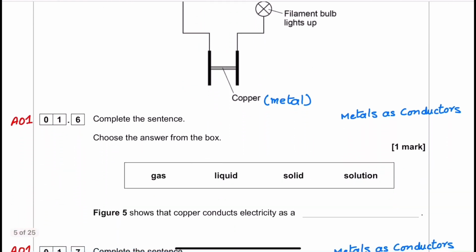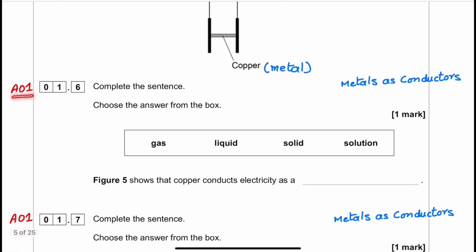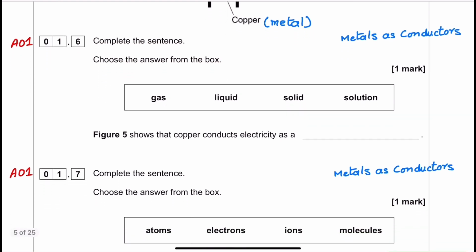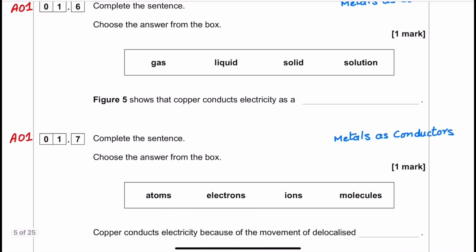Question number 1.6 is a one question. The student must have the knowledge about the metals and the properties of metals. And the property which is used in this question is about the conduction of electricity through the metal wire, which is copper. Complete the sentence. Choose the answer from the box. Different options are given here. Figure number 5 shows the copper conducts electricity as, the options are gas form, liquid form, solution form,